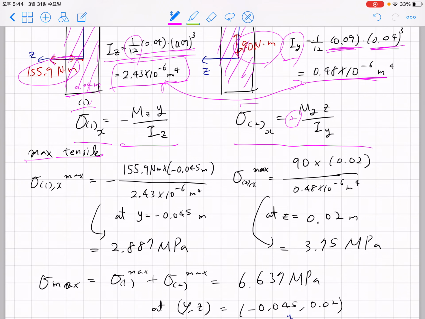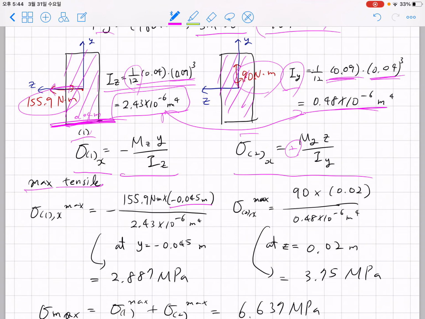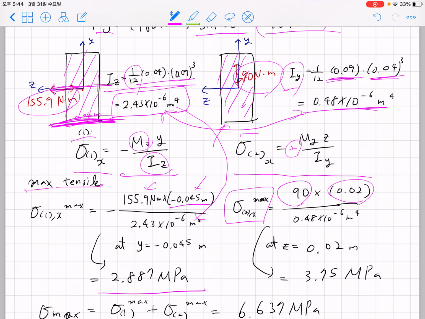The maximum tensile stress from the first problem will occur at this bottom point, right, when you have minus 0.045, which is the distance from the center to the bottom. If you plug in this number, and the number for Mz, and the number for Iz, this is what you're going to get. And if you obtain the maximum stress from the second problem, you plug in My, and you plug in the location where the stress becomes maximum, and the location turns out to be here,